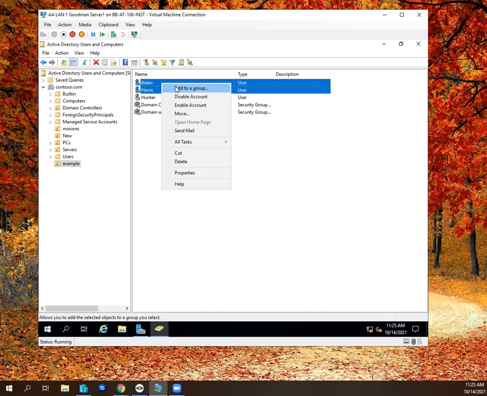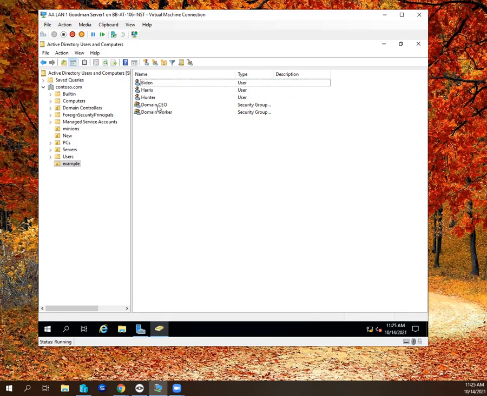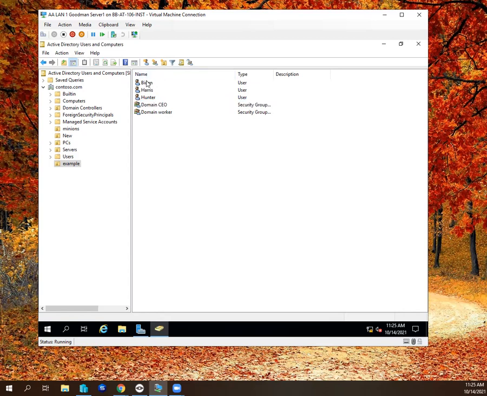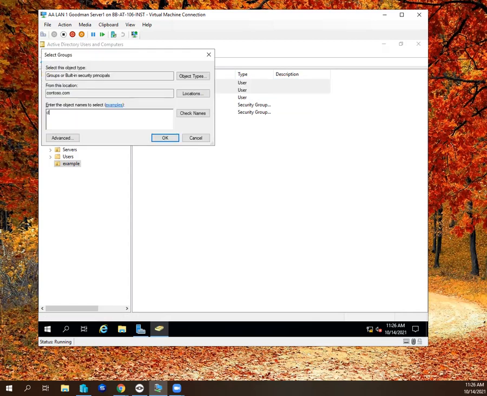You could open up a group and go to members and add them one at a time, searching for each one at a time and building the list. But I find that's a little bit more complex. I find it's easier just to visually look at them, and if I have to click them out of order, the control key allows you to individually select stuff. But I was going to add in Biden and Harris. We're going to add to group, and then just